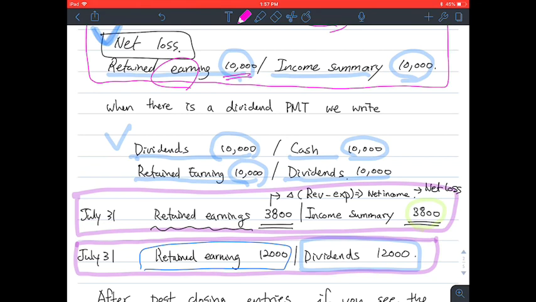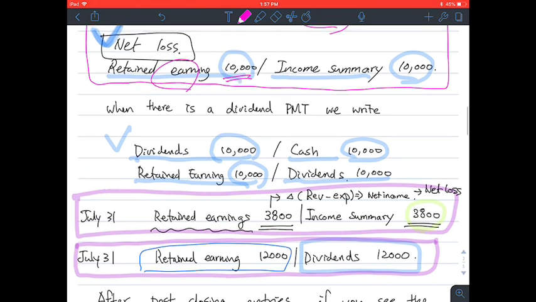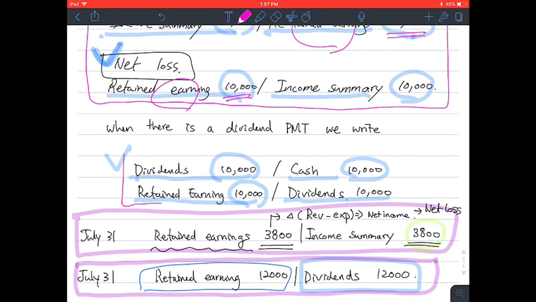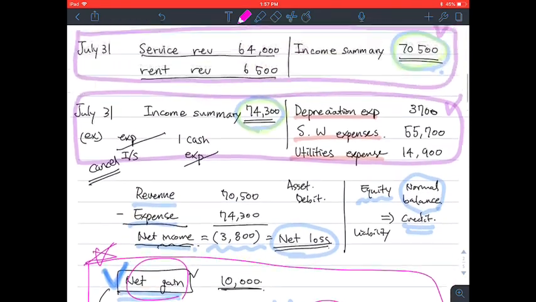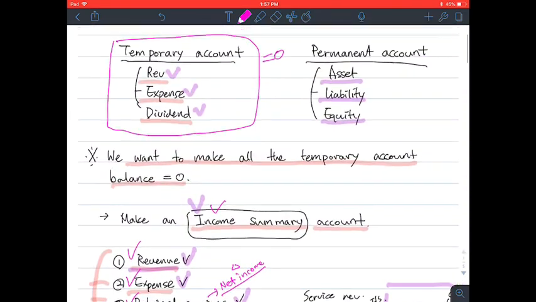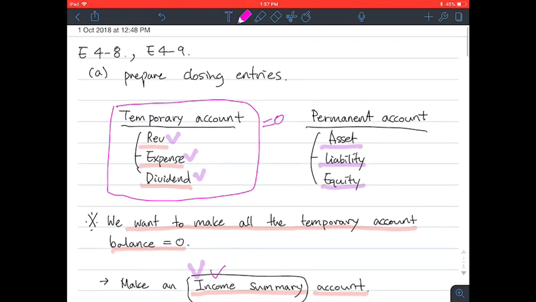All right. So from this information, you should figure out that when there is a dividend payment, you're reducing retained earnings. And that is pretty much it for this exercise problem. And I hope to see you in a TA session, and we will